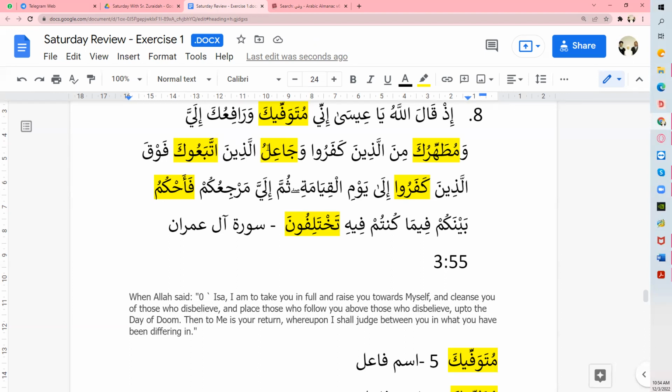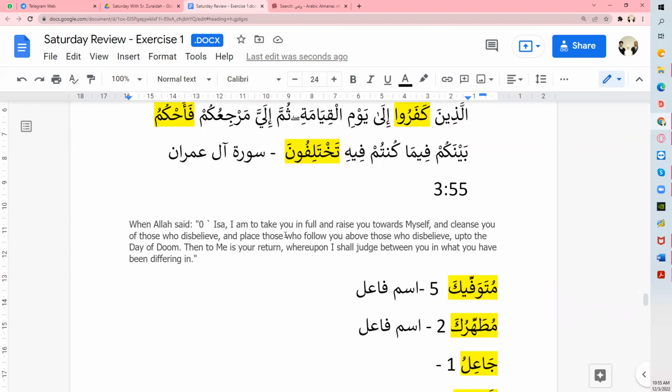It would then become... But are you sure this is a verb? Oh, it's not. If it's an isim, this is a strange case. If it's an isim, you make one damma instead of two dammas. Mujahidun. Oh yeah, okay. Interesting, right? The meaning is like amar, right? The meaning is Syahada, not really. It's more like I'm going to take you in full.